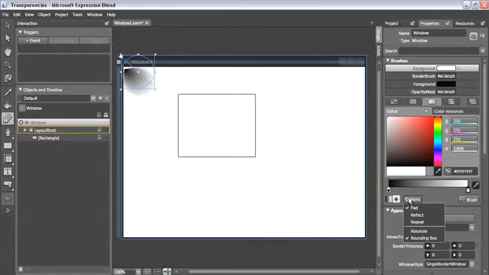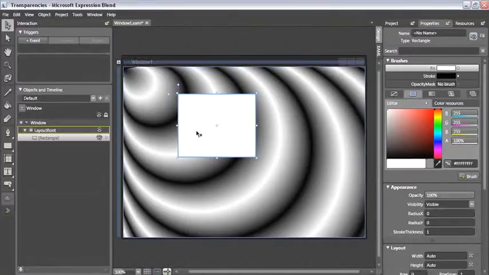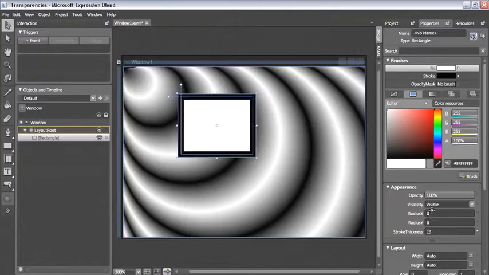Just something a bit blatant here so the transparency is a little bit easier to see. Now I'm going to go ahead and select my rectangle, and let's work with it. I'm going to increase the stroke thickness so you can see some of the differences of what happens with the fill versus the stroke. Now first off, when you have a solid color brush, you can always adjust the alpha